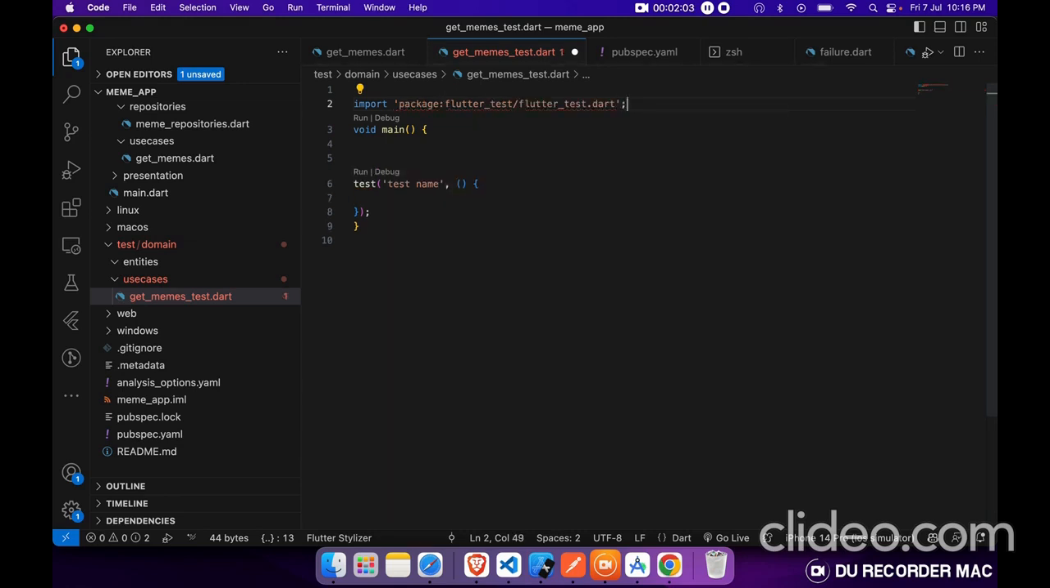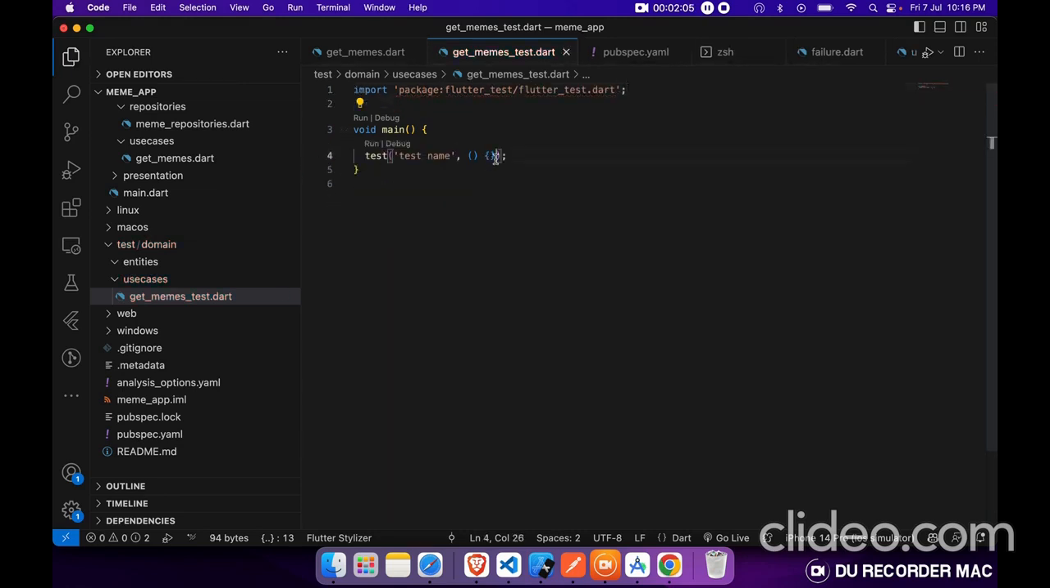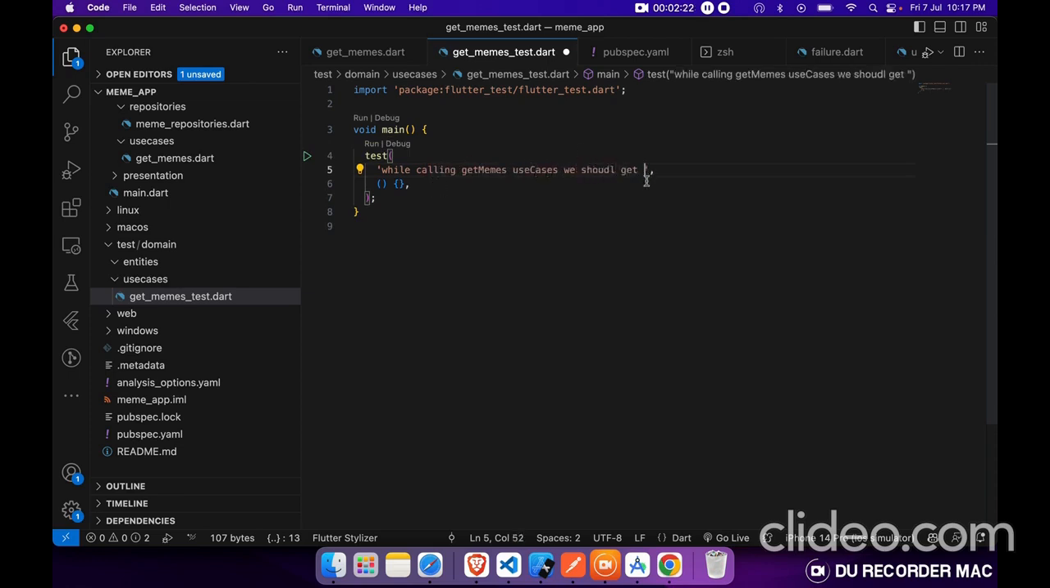Flutter test. Okay. So our first test would be what? While calling get memes use case, we should get a list of meme objects. Okay,